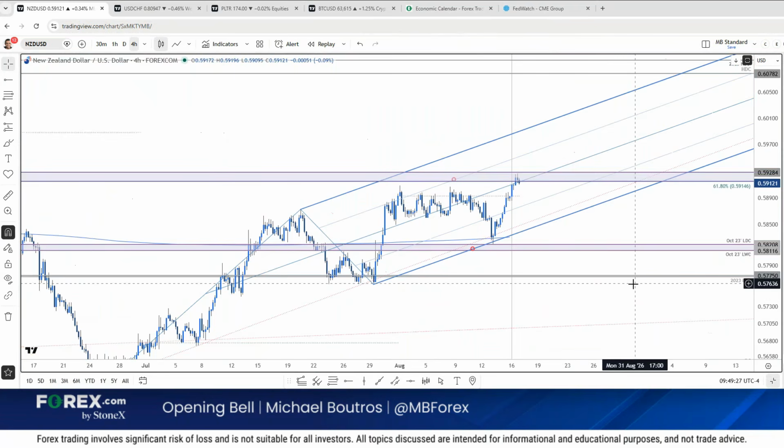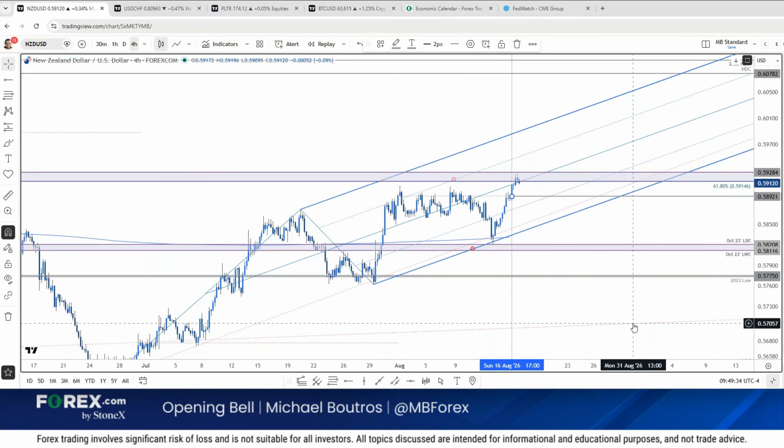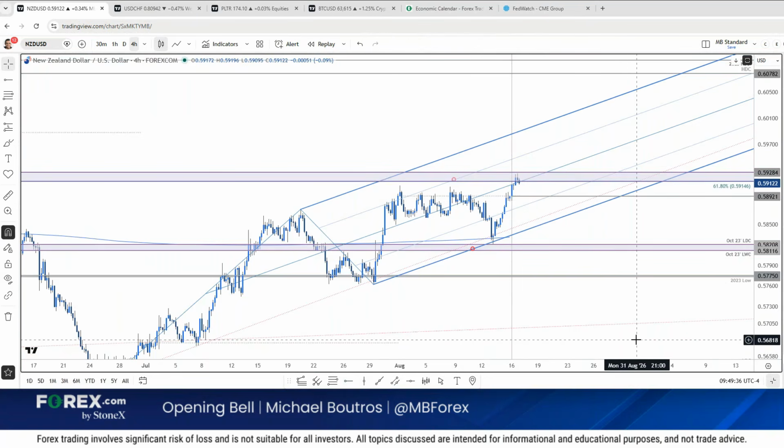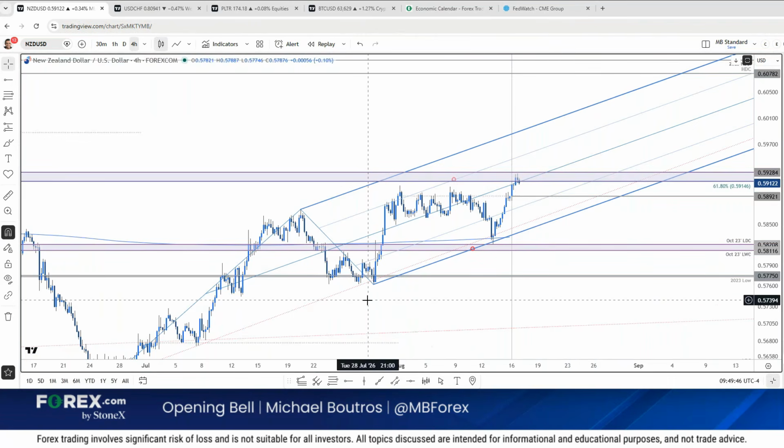But right now you're testing resistance. Initial support, the monthly open and the weekly open are both at 58.92, excuse me. So that's initial support. If you're heading higher on the stretch, you'd want to see support here and then break above there to mark resumption. The trade remains constructive while within this formation.